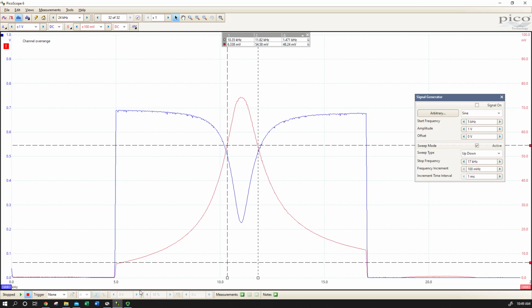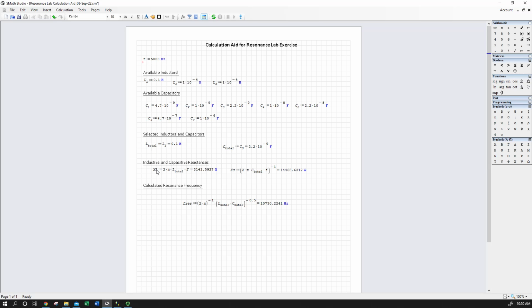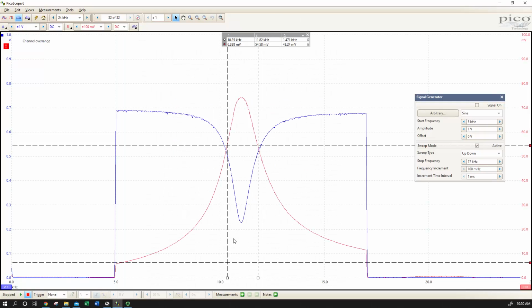So effectively, if we wanted to broaden our trough, we might increase the number of series resistors we put. And we can predict that by looking at the magnitude back on our calculation sheet of our reactances versus the total resistance. So if we want a nice sharp peak, we want to get rid of the resistance wherever possible and have big reactances, and then vice versa. So if I wanted to sharpen this peak, I would have used a smaller resistor as my current indicator resistor,